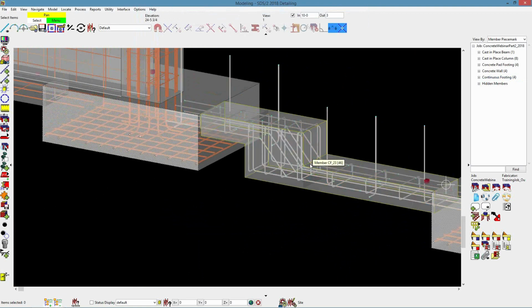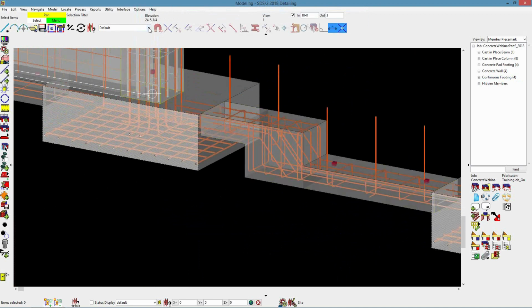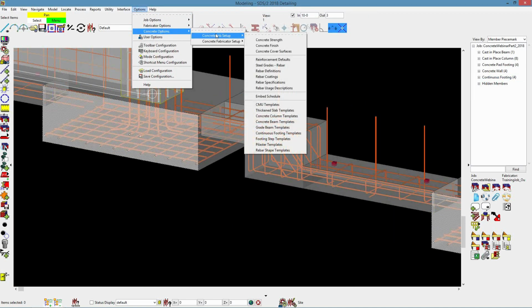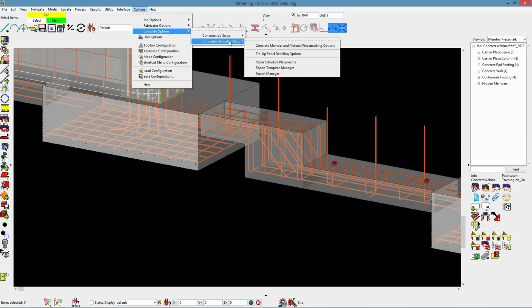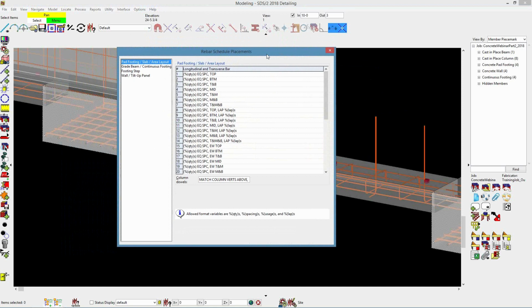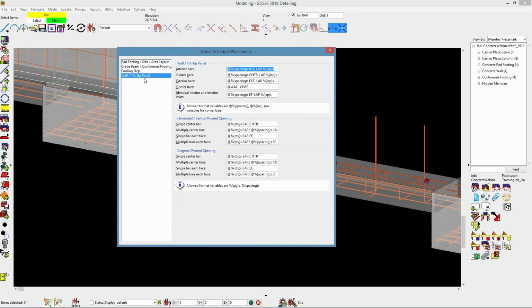Okay, with that being said, we have some new options here inside concrete options, and then inside my concrete fabricator setup, I have rebar schedule placements. So we've already covered this in previous webinars, going over your pad footing and your slab area layout, being able to control your placement notes in the tables on your erection sheets. We have now added a couple new members here for footing step and wall tilt-up panel. So for wall tilt-up panels, we can control your different options for variables to have it automatically pull your spacing, your lap options here, and then also down,